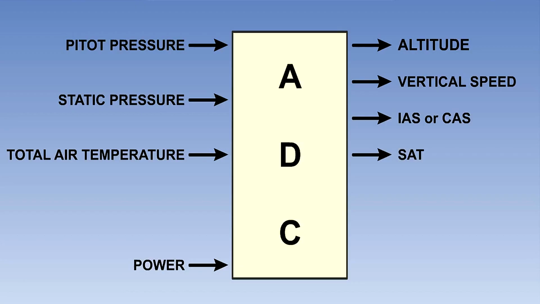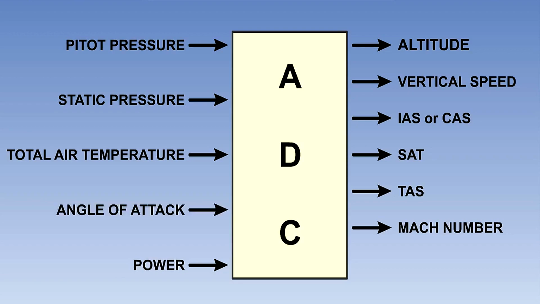But again, with a computer, this can be converted to static air temperature without the need for calculation by the aircrew. The computer now has all the information it needs to calculate true airspeed and Mach number. A later addition from the 1980s onwards was an input of angle of attack, usually called alpha. This allowed safe flight at lower speeds, particularly on the approach, with no requirement to correct for the effect of changing weight as fuel was burnt. These 5 basic inputs of pitot, static, total air temperature, angle of attack and power are still required in today's